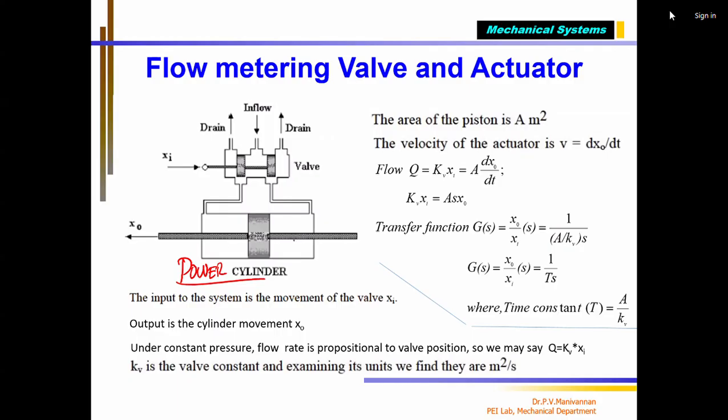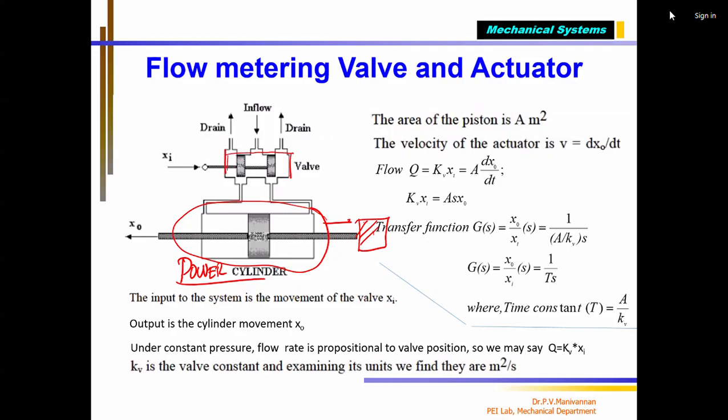The movement is created with a force, and the load is here. My load will move left or right because it is connected. That's why the actuator is called a power cylinder. This is a valve, but they don't call it a cylinder. This valve can have 5 ports. It has a body, and you can see this is the body, and inside which there is a